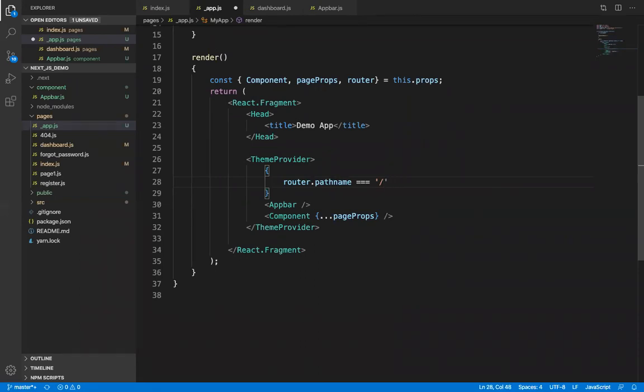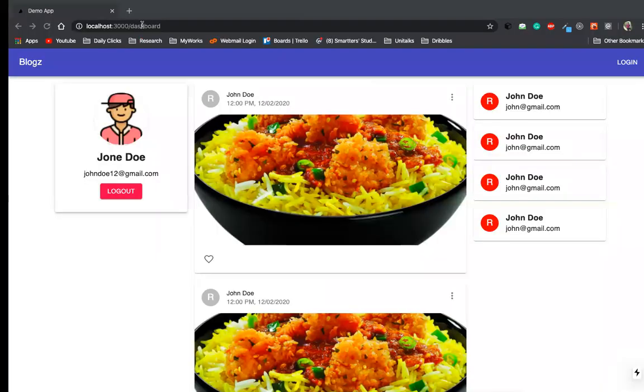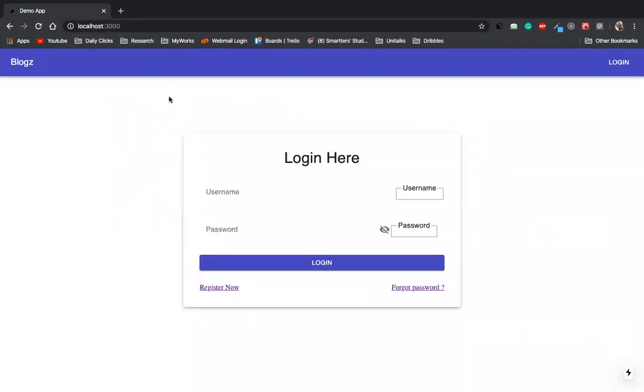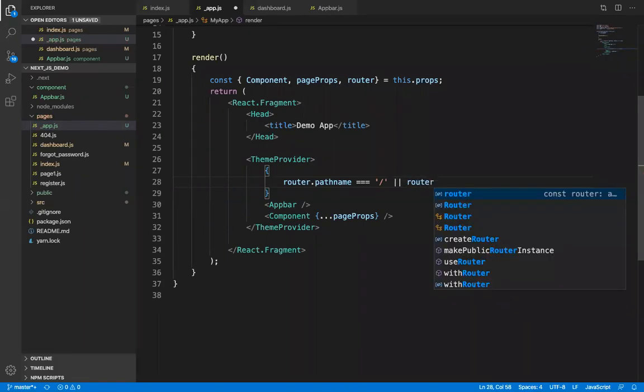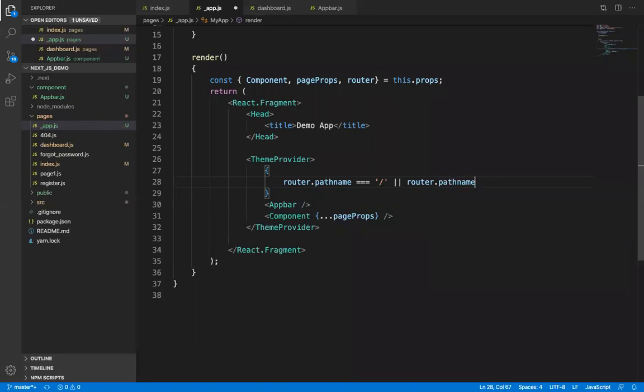Our login page is our index.js, so we'll give here slash, or pathname triple equals to slash